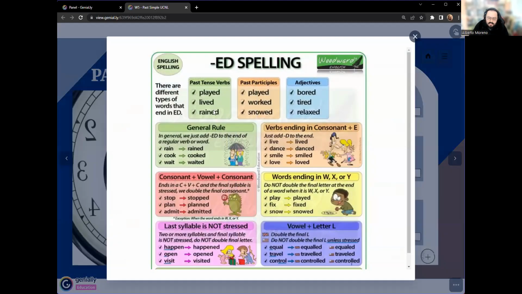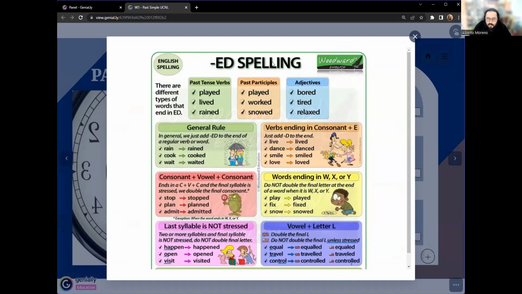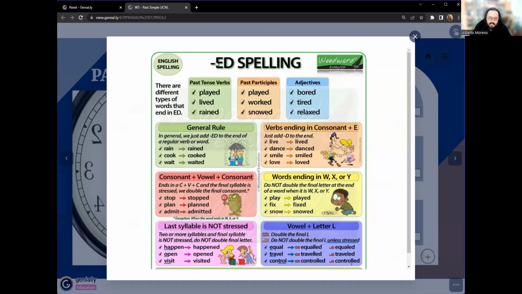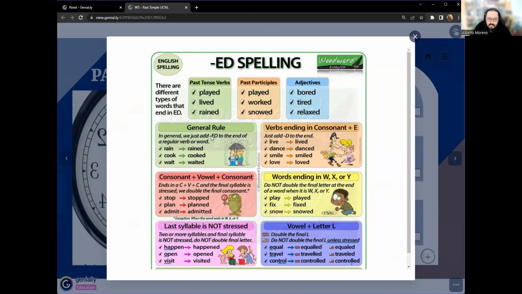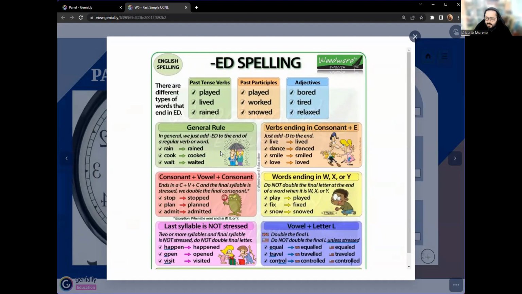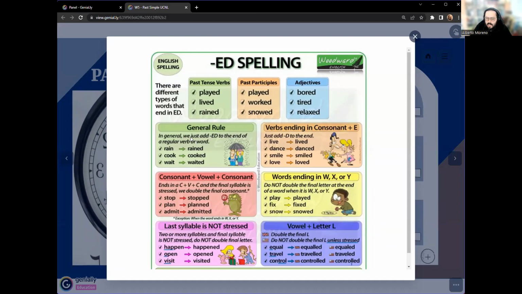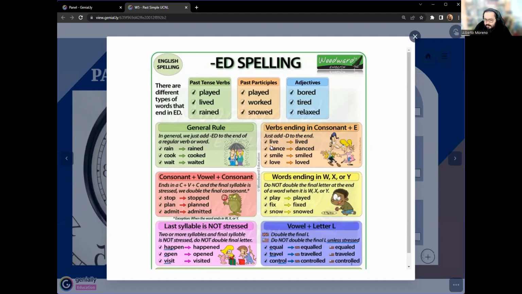Well, now let me explain this in Spanish. Con los verbos regulares no hay problema, chicos, porque para los verbos regulares, que son la mayoría, tenemos una regla general que nos va a indicar que para formar el pasado se les tiene que agregar la terminación ed. Sin embargo, existen más reglas para estos verbos regulares. La regla general es que se les agrega la ed. Si el verbo termina en una consonante más e, tenemos que agregar solamente la terminación d. No es necesario agregar la e porque ya está puesta.